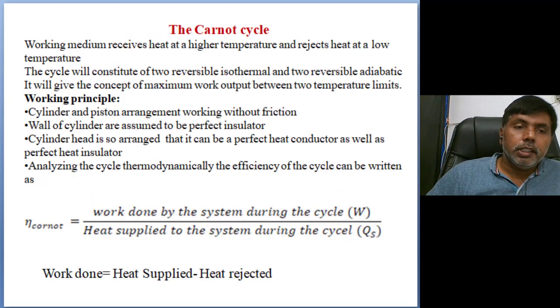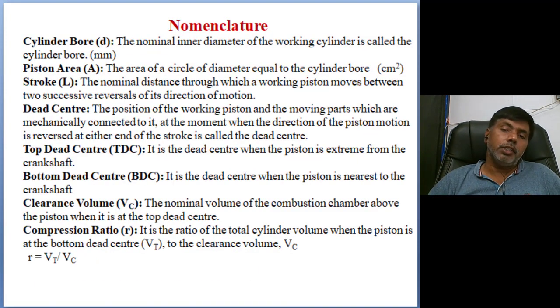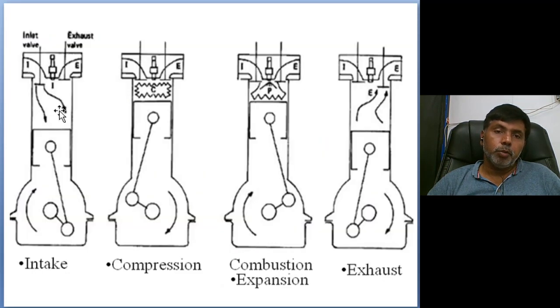Next, coming to the nomenclature, whatever the cylinder bore, this is the nomenclature. This is called bore diameter. This is stroke length. The piston is moving from lower position to higher position, top dead center and bottom dead center. The reversal of direction of the piston takes place there. That is called dead center. The top side, near the head, is top dead center; near the crankshaft is bottom dead center. So the length of travel from top dead center to bottom dead center is called stroke.